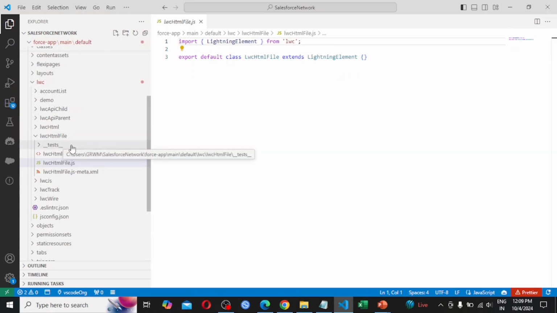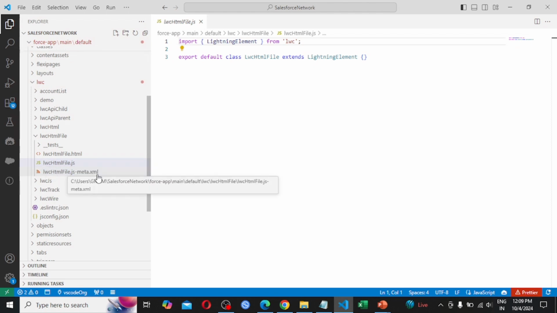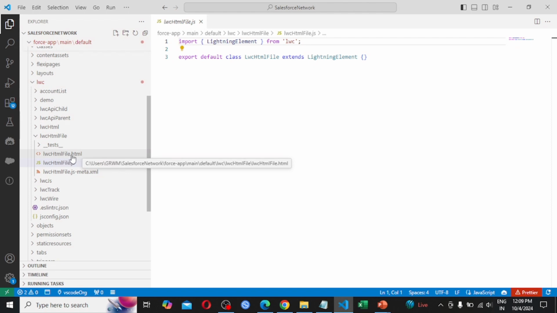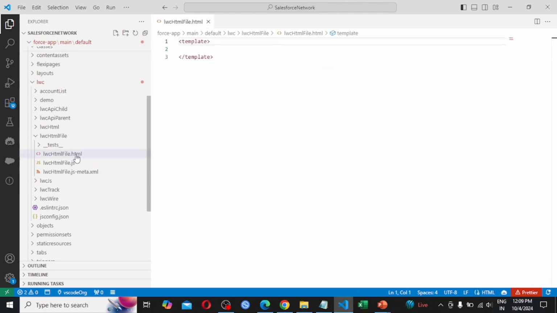In that folder there is a test, then lwcHtmlFile dot HTML extension, lwcHtmlFile dot JavaScript, lwcHtmlFile dot js hyphen meta dot XML file. So let's click on lwcHtmlFile dot HTML.